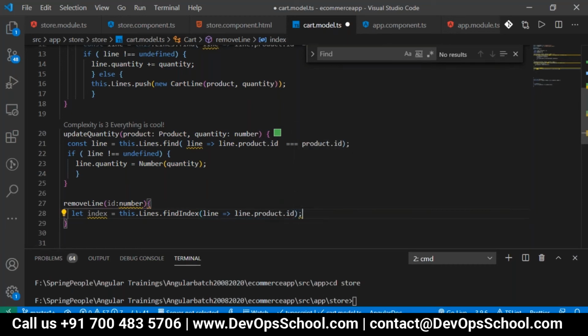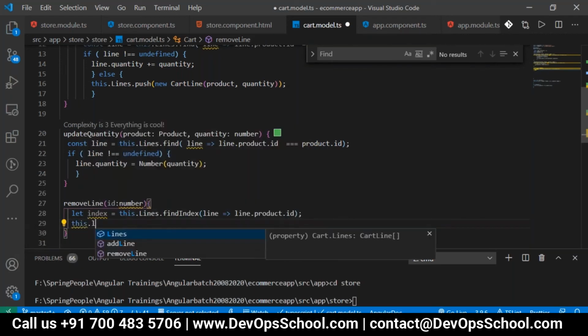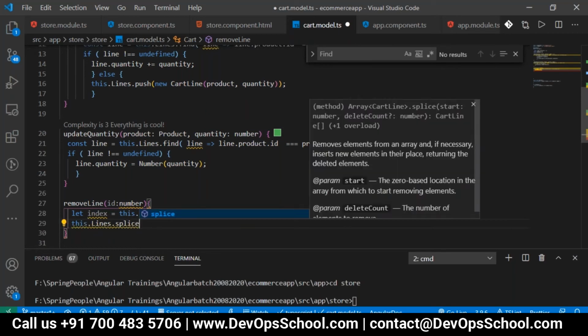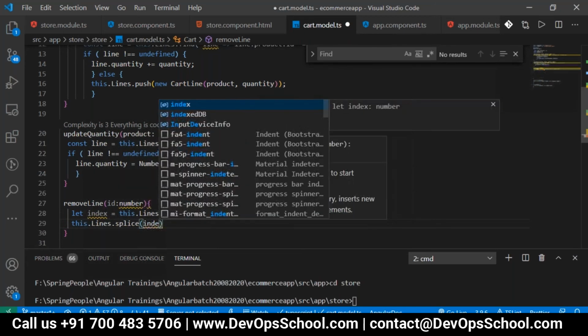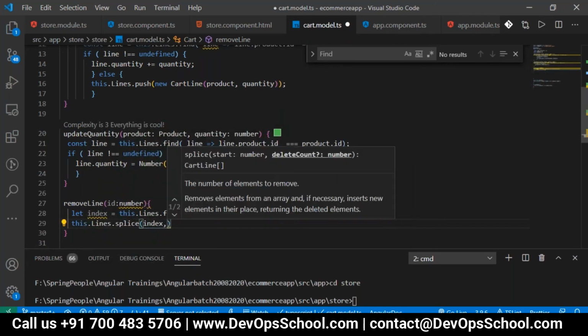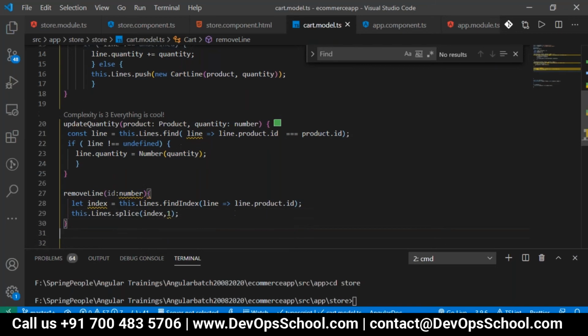Based on the product ID we get, we use this dot lines dot splice method. Splice removes items from the array based on the index and how many items you want to remove, which is 1. That is the remove method.